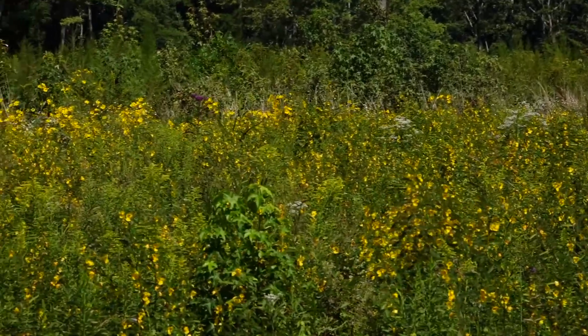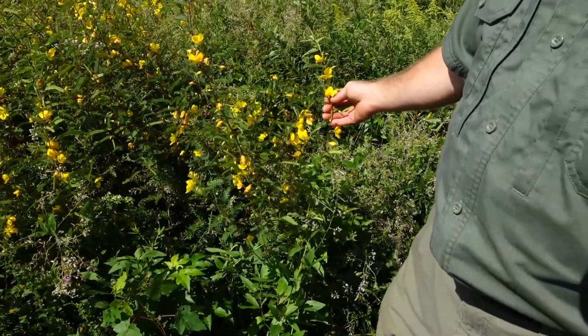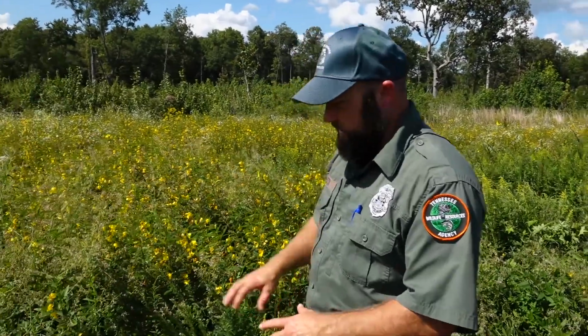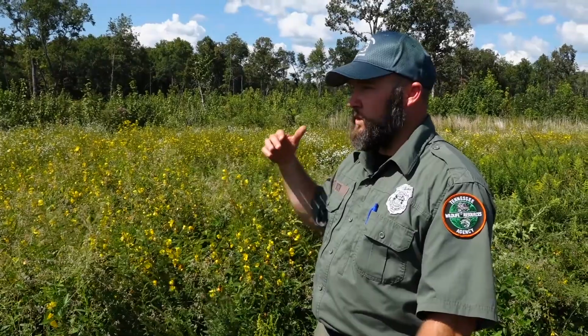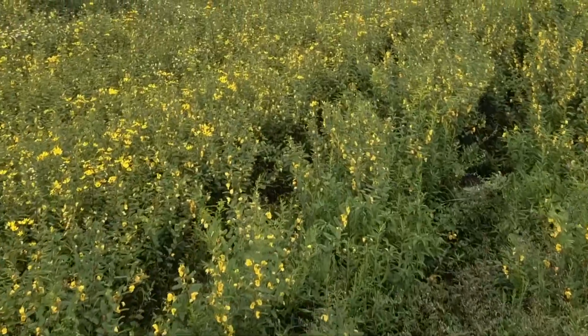The partridge pea, again, excellent food source for the quail, and great habitat structure underneath for a bird that makes his living hiding from everything else. This is a great place for him to get in and hide in and do his thing during the day without having to worry about overhead predators coming in. So the seed's in the seed bank. You know, a lot of the native stuff,